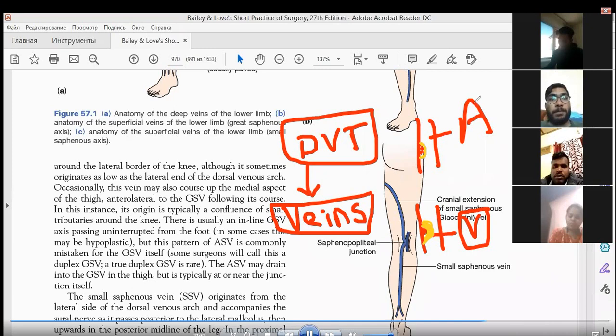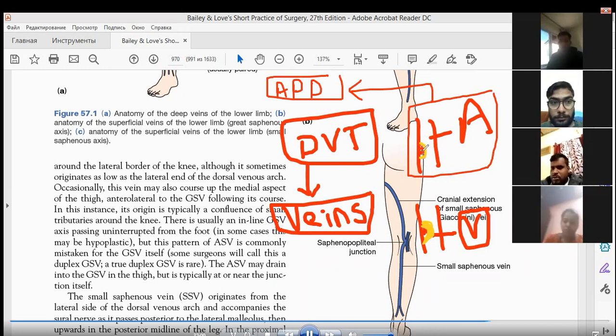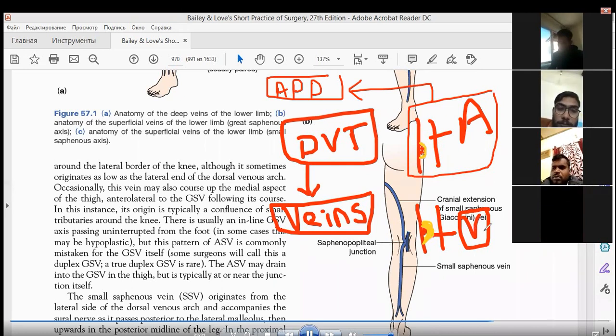So that's why, if a patient develops thrombus in the arteries, you are going to give anti-platelet drugs to the patient, because platelets are more here as compared to fibrin. Okay, so which drugs are you going to give? Anti-platelet drugs. But if the thrombus formation is in the veins,